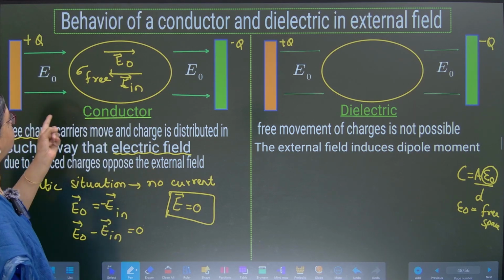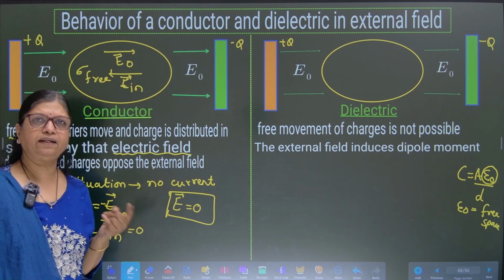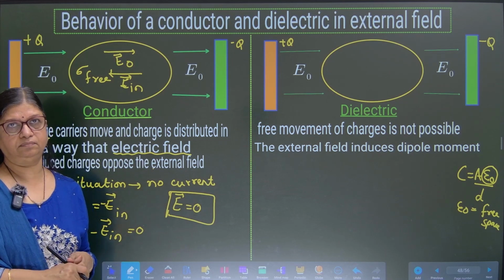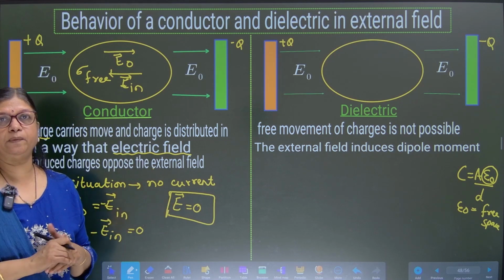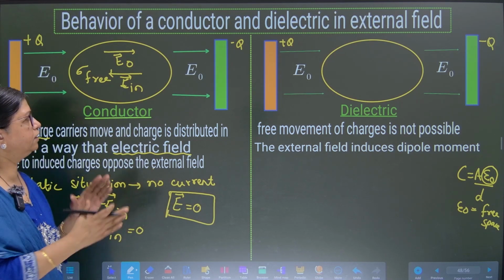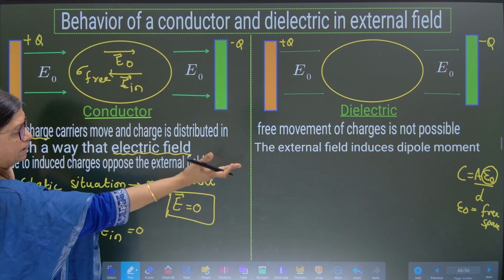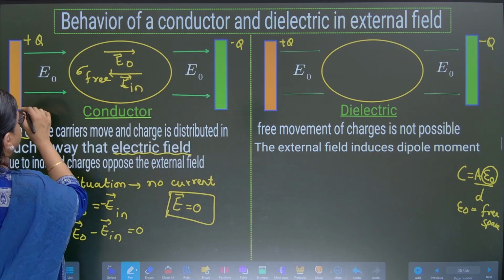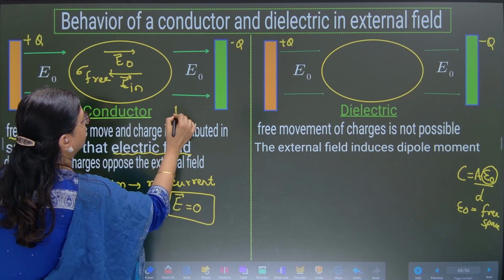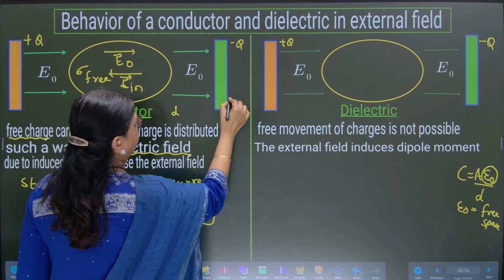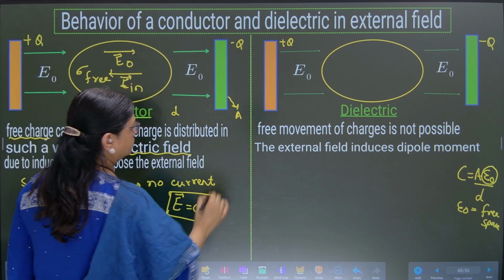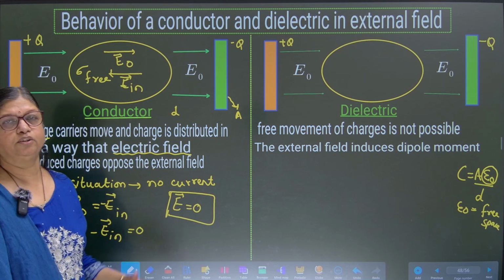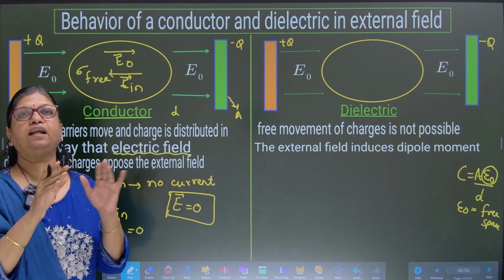The other places which we are able to see, electric field will be there as it is. Only the space will be reduced, D will be reduced. This full portion is D as seen in the formula. From this end to that end, the distance is D. The area of this plate is A. Okay, so the air portion is left out.